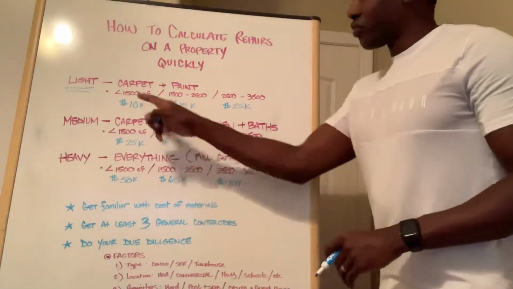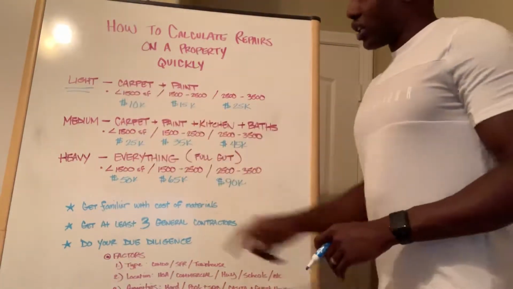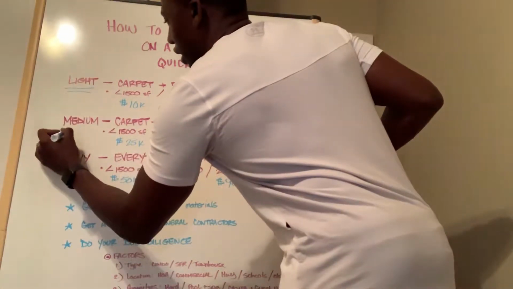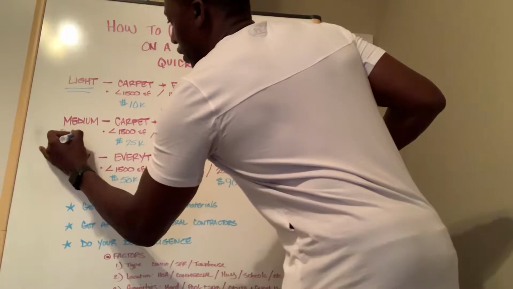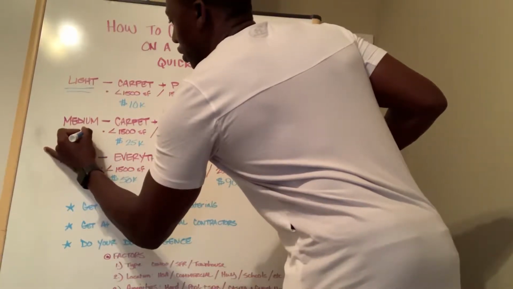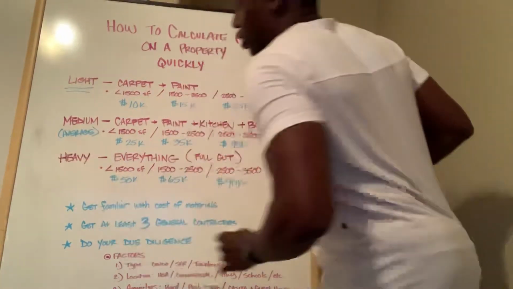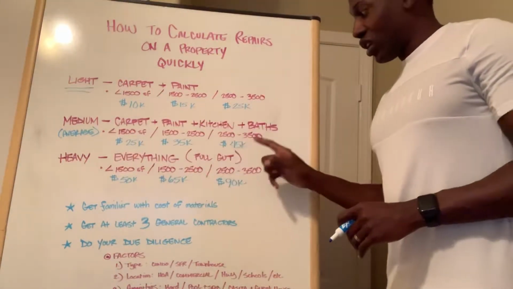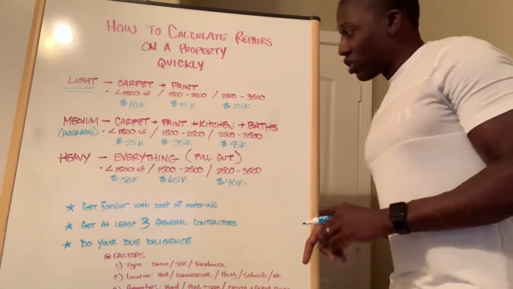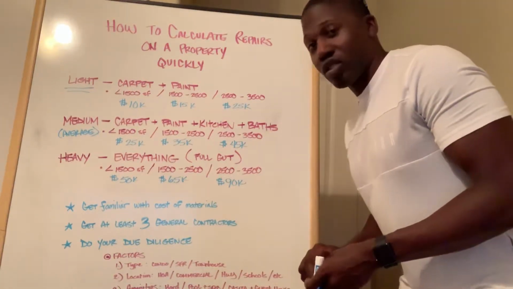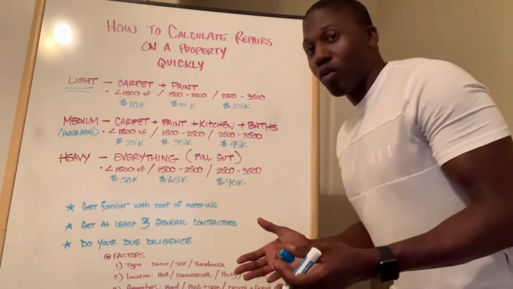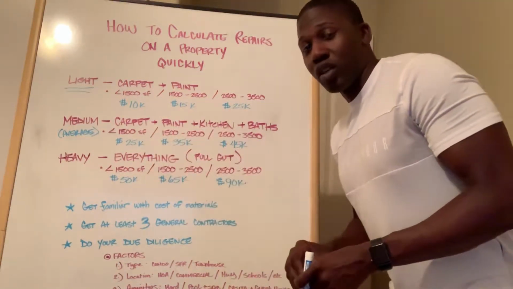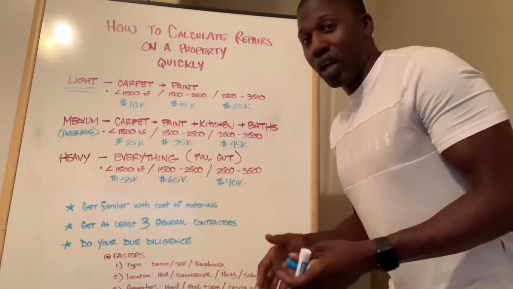remodeling here. So with the light here, we're going to go down to medium, which is basically the average. This is our average deal here. Okay, so our medium, which is carpet, paint, kitchen, and bathrooms. So you can have, probably on average, 2-3 bedrooms with 1 to 3 bathrooms. This is going to be your medium or average remodeling or rehab